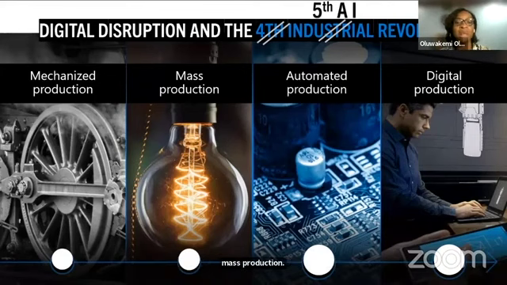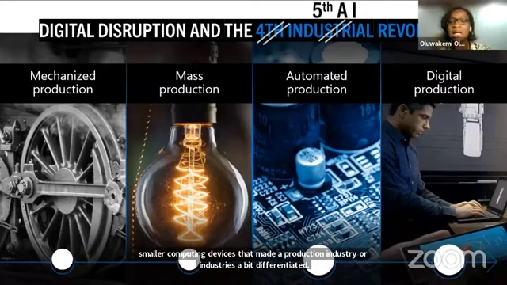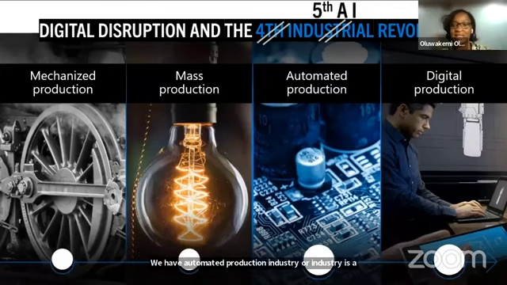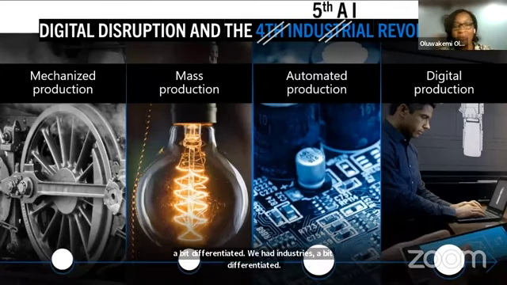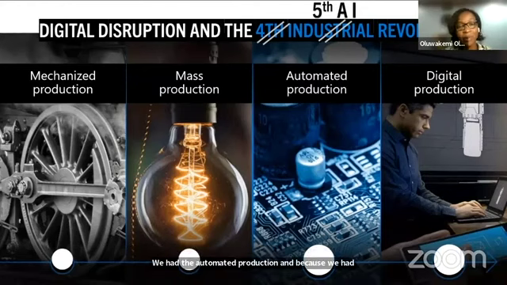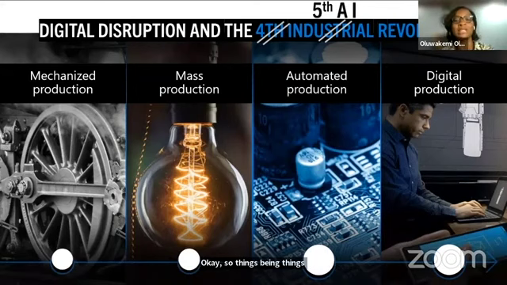And we began to have smaller computing devices that made our production industry, or our industries, a bit differentiated. We had the automated production, and because we had computer advances, we had programming machines, and less people were needed for the assembly lines. With some things changing, and then we went on to this recent